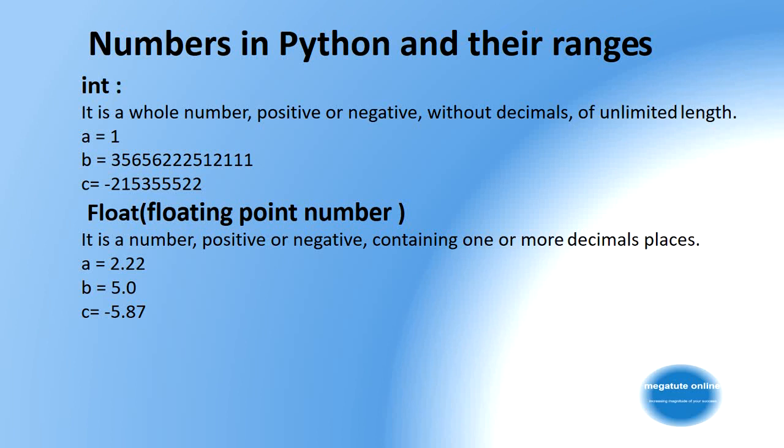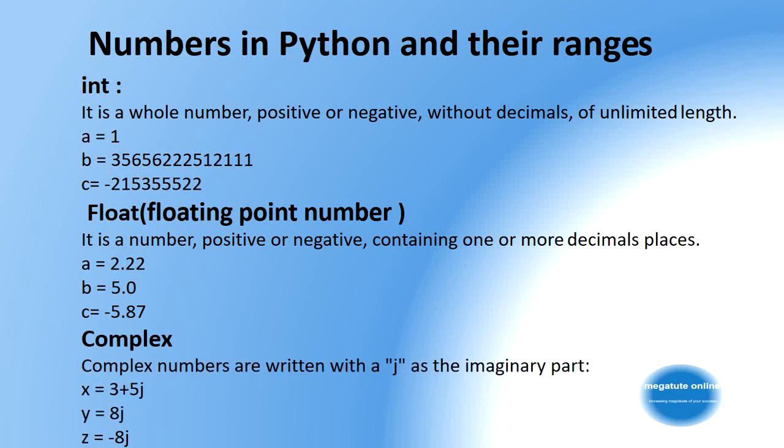All right. And about the complex number, which I told you a few minutes before, complex numbers are used in advanced mathematics, and any number which has a j at the end is considered a complex number. This we will discuss when we come across problems